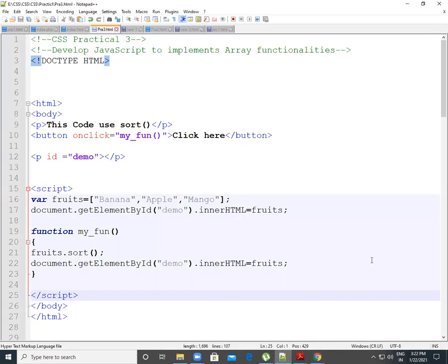I will explain this program once again. Okay, so in that program, we have one button, and in that button we provide the sorting method. You can see this function here. In my function I declare this sort method, and I apply this sort method on this array list, correct? This is my banana, apple, and mango fruit list. In that fruit list I apply the sorting method, and by applying it we get the sorted list. For accessing that list or array list, we wrote document.getElementById demo, and then innerHTML equal to fruit, my array list name, this one, correct? So this way you can get the sorted things.